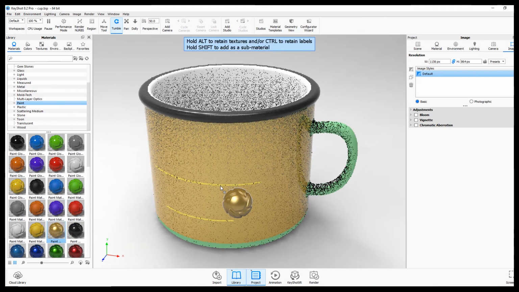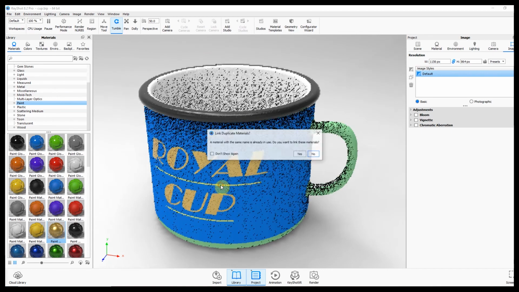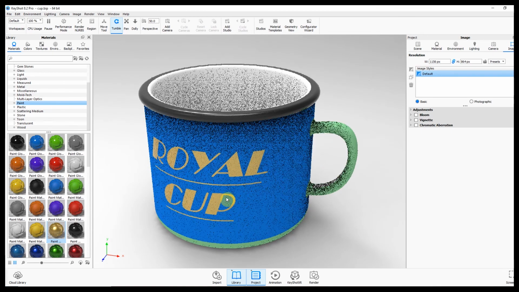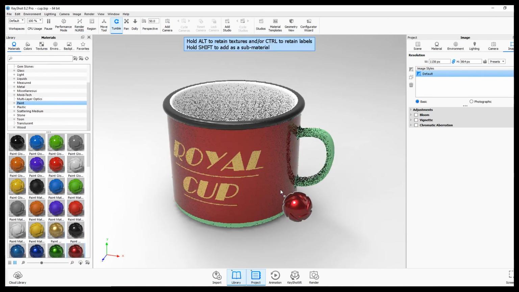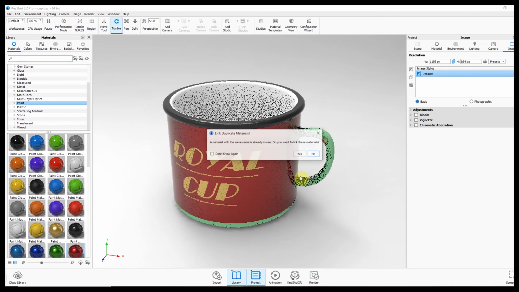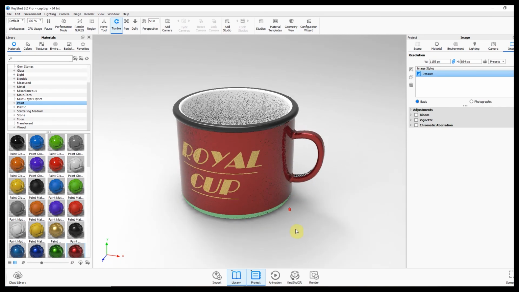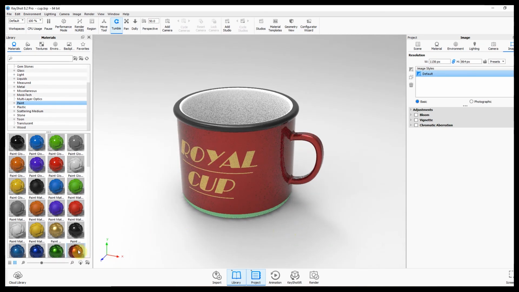Royal means classic things. We will give that yellow paint for the text, and outside we will give the red paint. You can see the difference now. I have given the red paint all over the place. Let's see once if we put the yellow color over here, but it is not looking good.